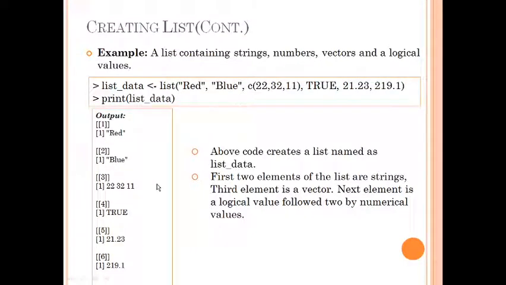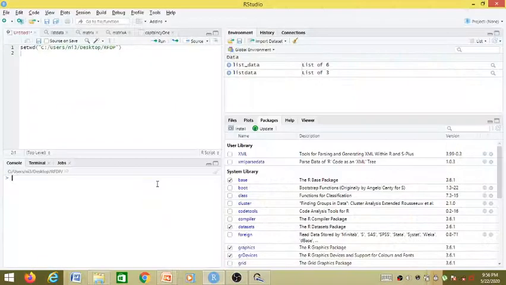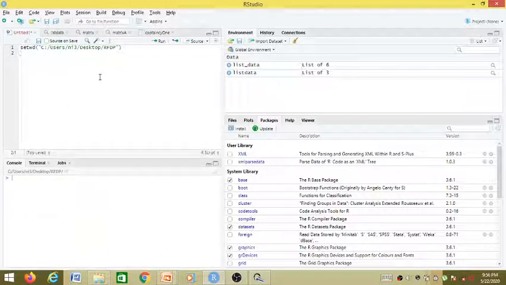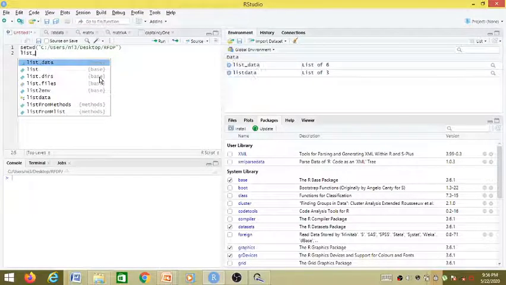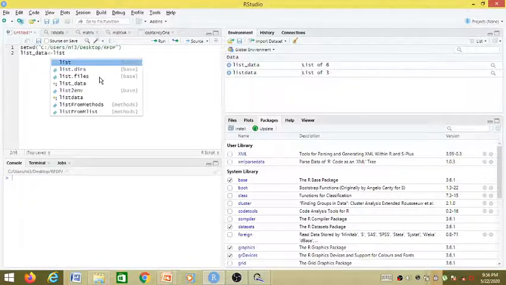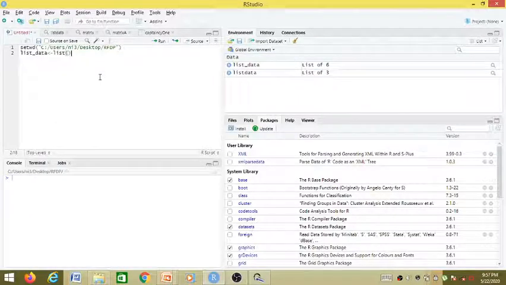So let us perform this in RStudio. We are creating a list. Let's do this in the source window or script window: list_data, and to it we are passing list, and as parameters we are passing some values.